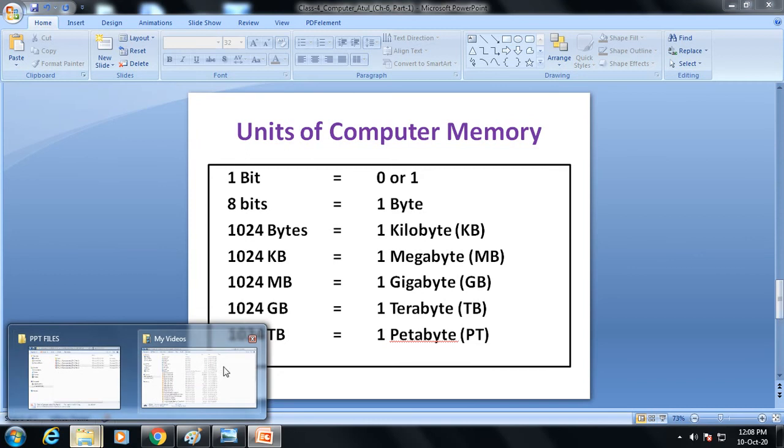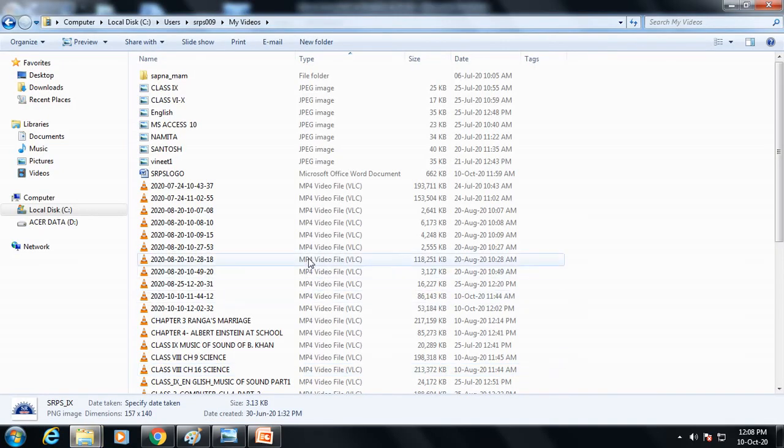I'm opening a folder. See, in this folder you can see so many files are there. These are JPEG files. As you can see the size, the memory of these files, class 11, class 6 to 10, these files are consuming 25 KB, 17 KB, right?